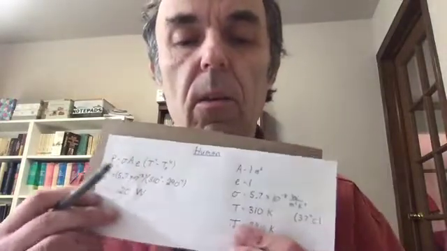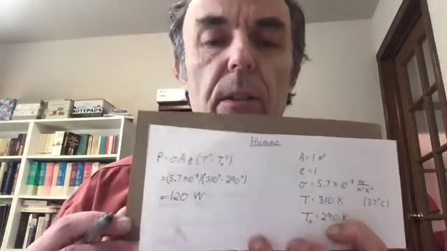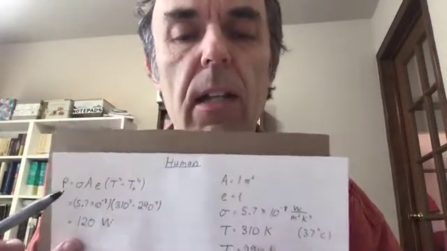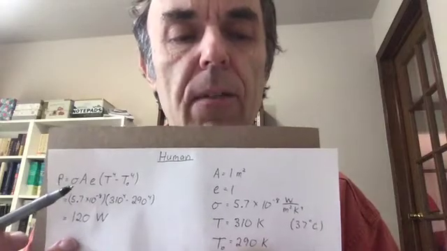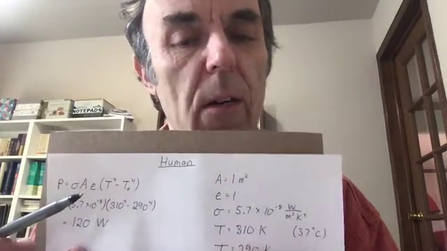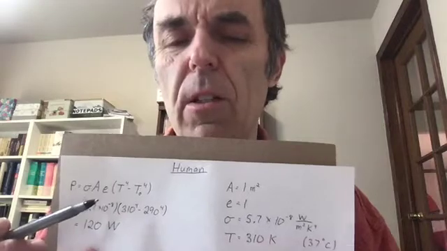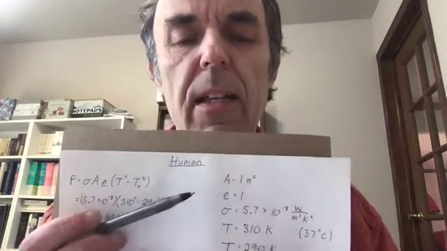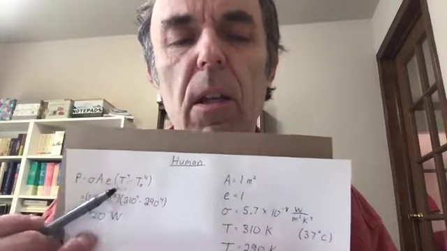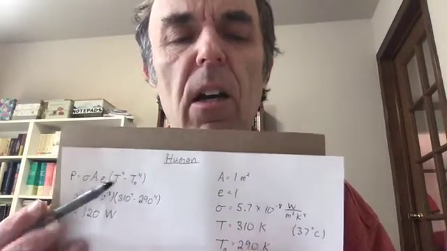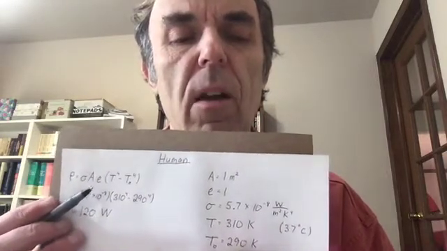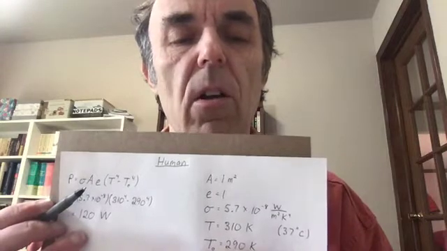Okay, the first example is radiation given off by us, humans. We're going to start with our rule and try to calculate the power given off by a human. Stefan-Boltzmann constant times the area. Now, what's the area of a human? That's a difficult question because our skin is very irregular. We're going to estimate that as about 1 square meter. It's probably a little more than that, but some areas are infolded and aren't as effective at emitting radiation. So this is a rough order of magnitude estimate for our surface area.